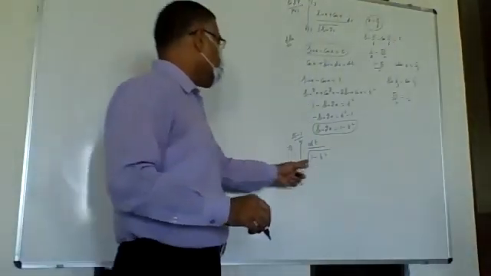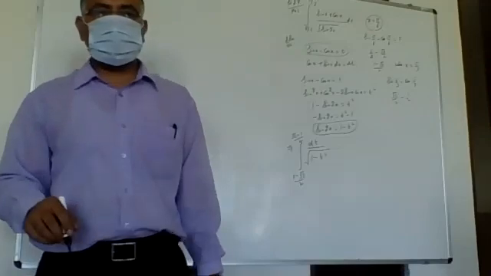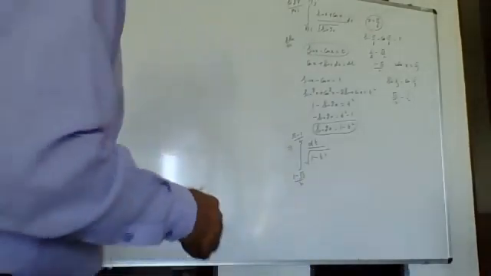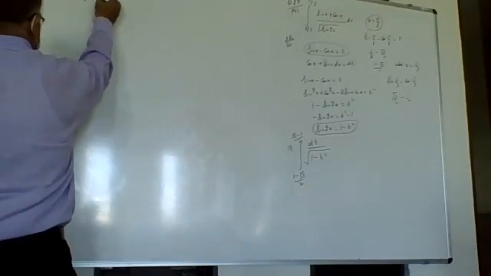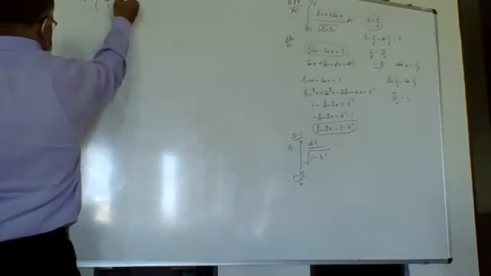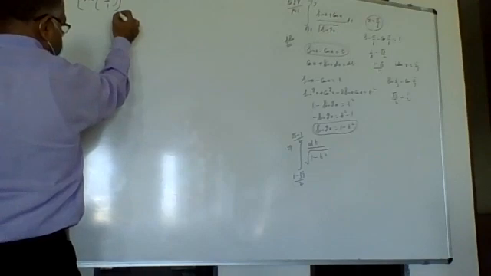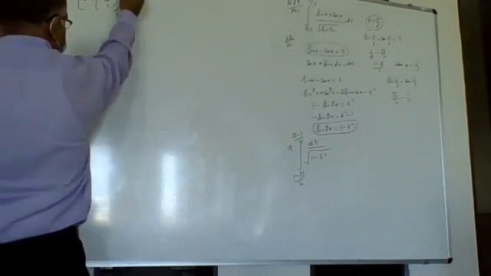Now, a square minus x square under root, the value is in terms of sine. So sine inverse. So this is sine inverse t upon